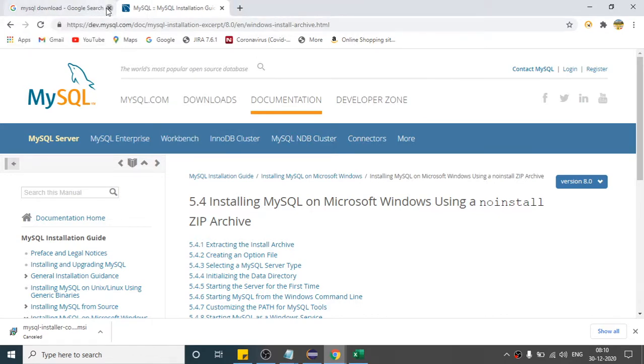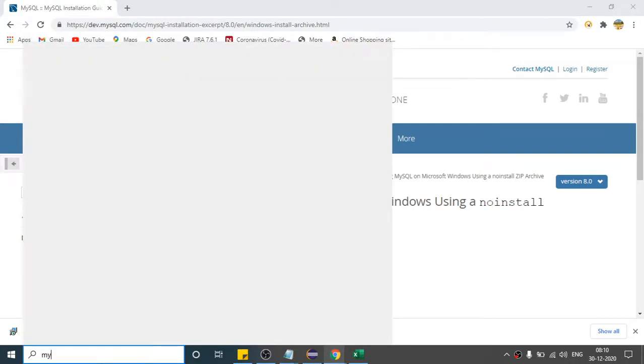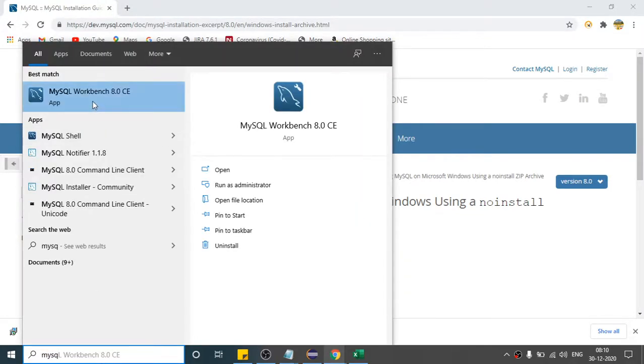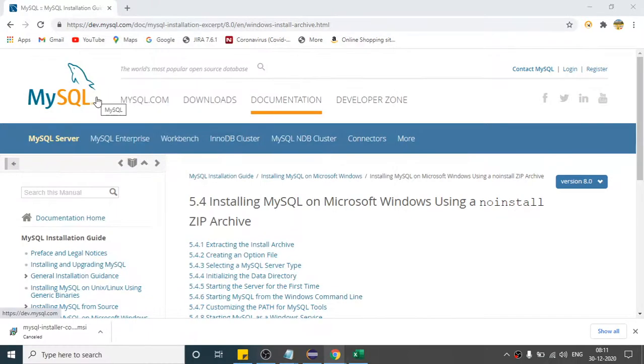What you have to do is just search here for MySQL Workbench, right? Here you can write all the SQL queries. Once you set that up, you will find this. Click on this,